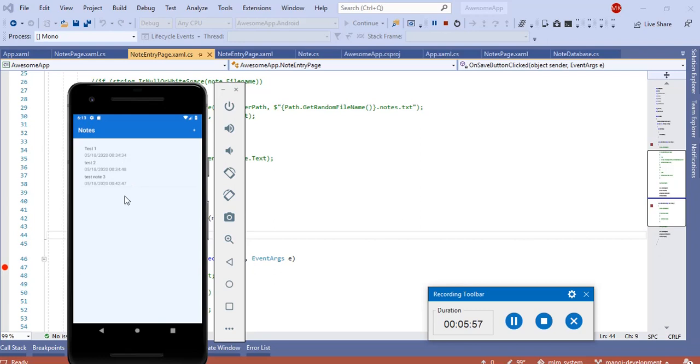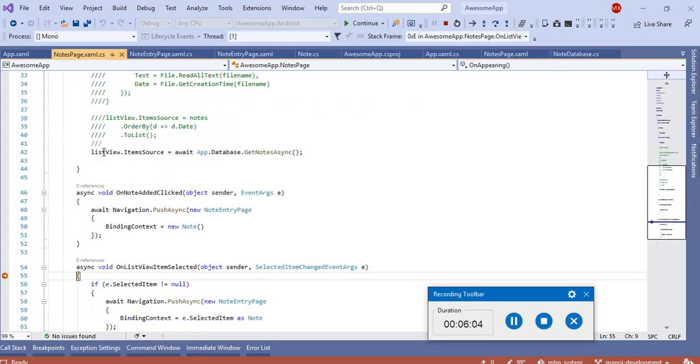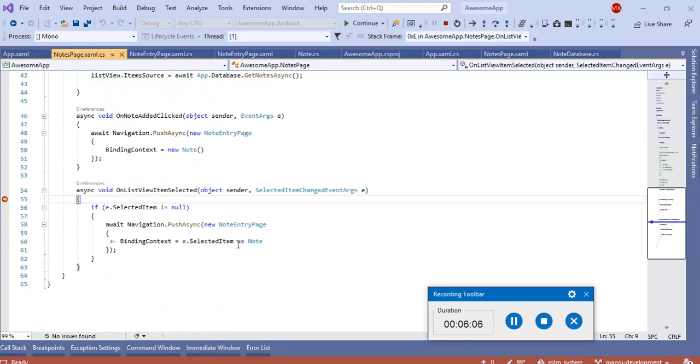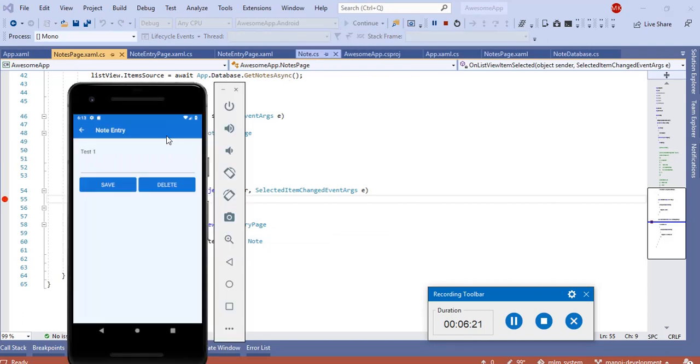Now, if you want to edit anything, like if you want to edit this record, I will get this record as a note, the selected item, bind this to the binding context, and navigate to the note entry page. You can see here, test note 1.